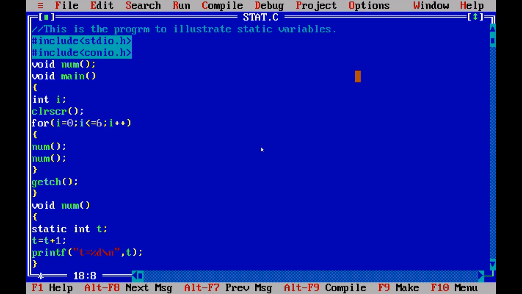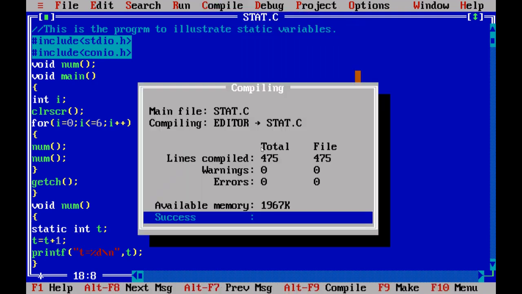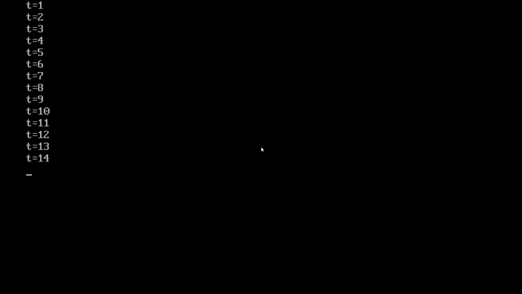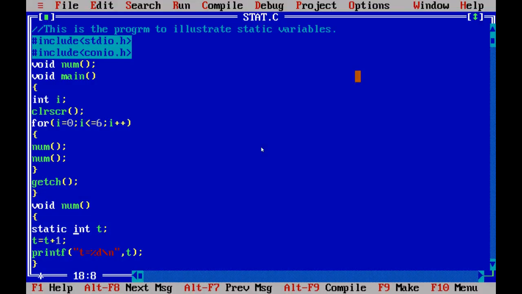It means a single copy of memory which will be shared throughout the execution of the program. Now you see the difference here. I'm compiling the program and running it again. See the difference: 1, 2, 3, 4, 5, 6 and the values are printed up to 14. What's the reason? Let's see the explanation for that output.